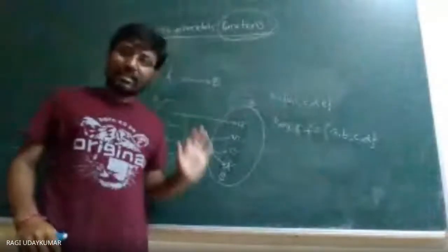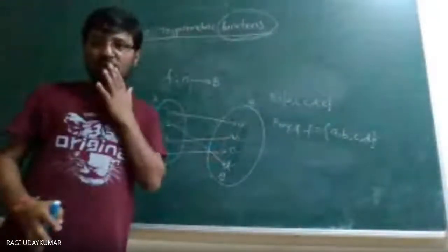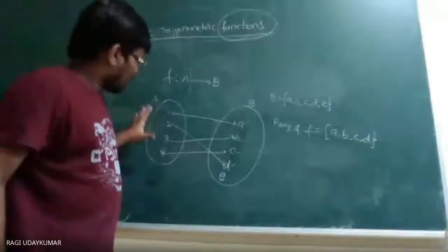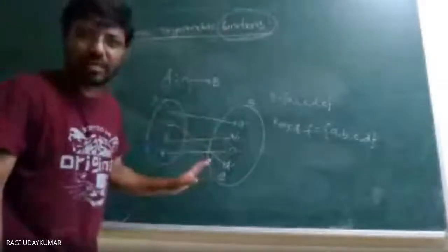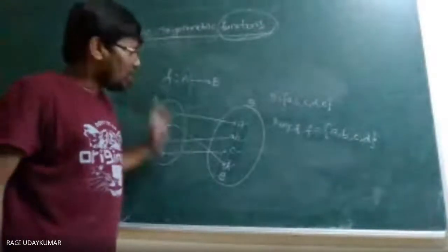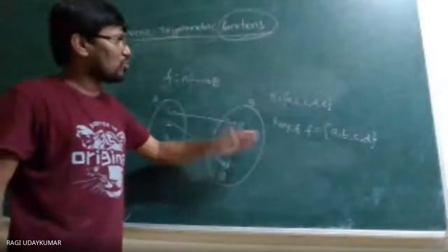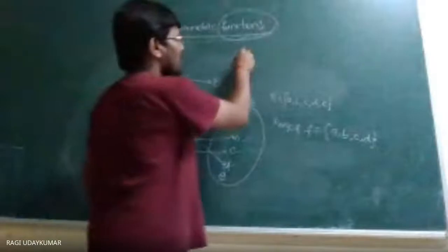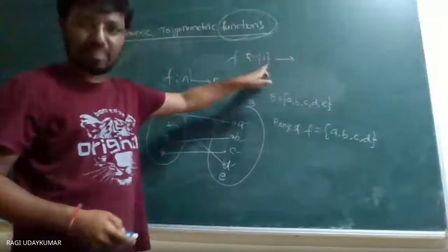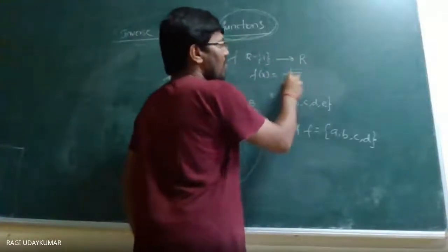So this is what you need to know about functions. Most students can easily understand when they see a diagrammatical representation. But instead of a diagram, students get confused when a function is given from the set of real numbers except 1 to the real numbers, defined as f of x is equal to 1 by x minus 1.